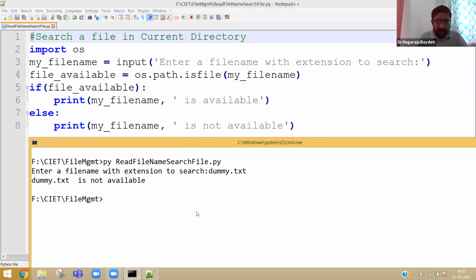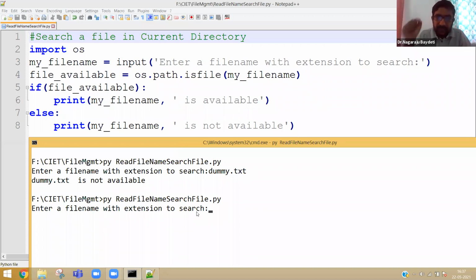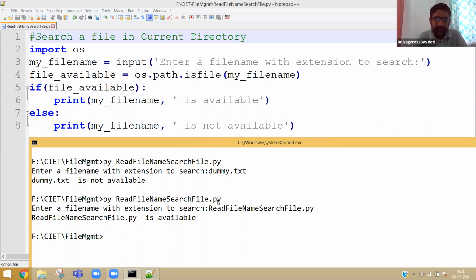Suppose, let me again execute and give the file name which I am executing right now. What is the file name which I am executing? Read file name search file.py. You see, it says it is available. I believe you guys have understood. In case of any difficulty, please let me know. I am waiting in the chat box.